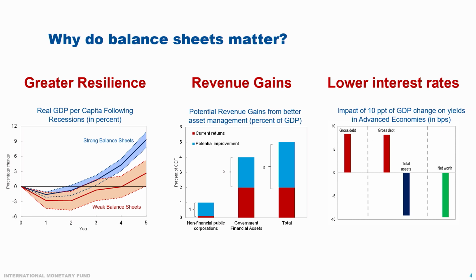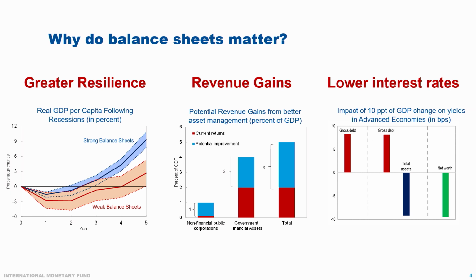We took an empirical look to work out why these balance sheets matter for macro purposes. Three big findings. The first is that stronger balance sheets mean greater resilience to shocks. Countries with stronger balance sheets, in this work defined as net financial worth to get around the illiquidity of your capital stock, have shorter and shallower recessions when hit by shocks. The intuition is that those countries can respond more forcefully with increased government expenditure and balance sheet measures to support their economies.